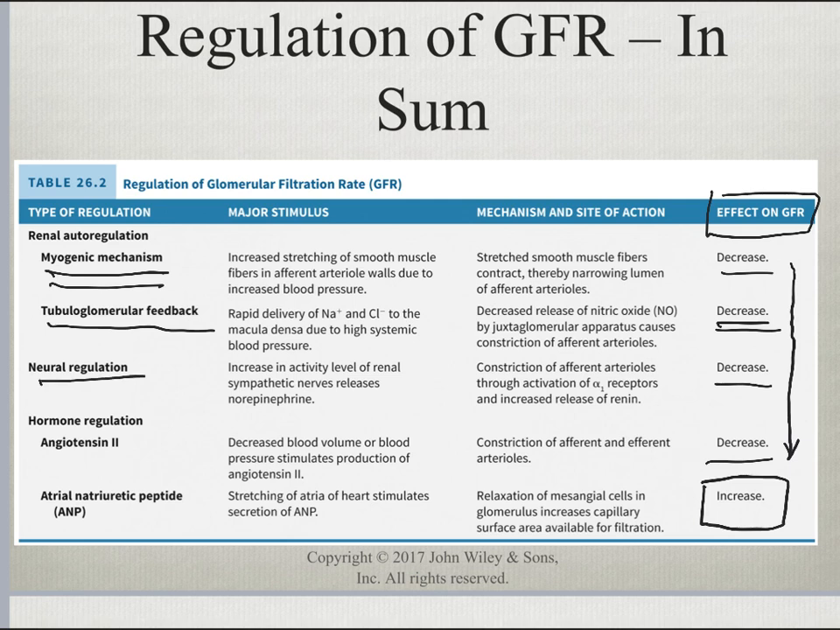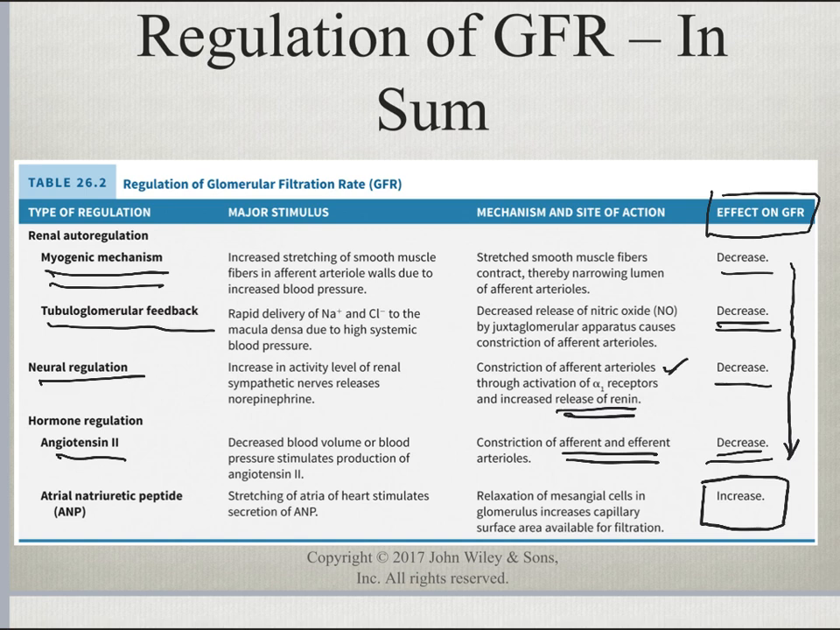Our neural regulation: an increase in activity level of the renal sympathetic nerves releases norepinephrine. This is going to constrict the afferent arterioles through activation of our alpha-2 receptors, and we're going to increase renin release. Hormone regulation, here's our angiotensin 2. Decreased blood volume or blood pressure has been detected, stimulating production of angiotensin 2. As a result, we're constricting afferent and efferent arterioles, so that's one of our differences, giving us